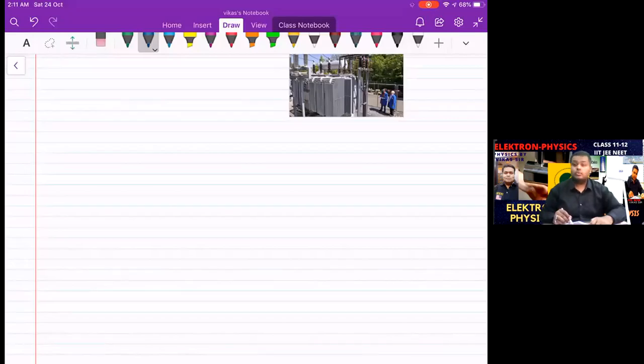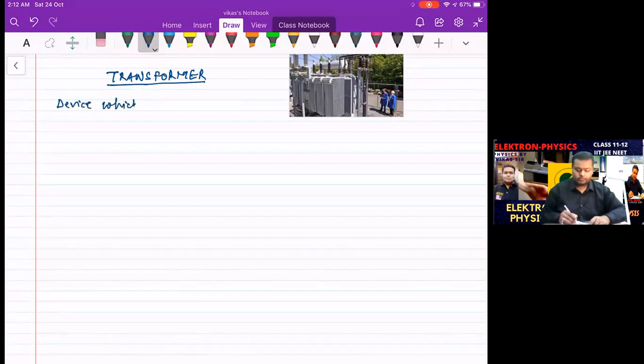Hello students, the topic for today is the transformer, right? We are beginning with the article of a transformer. Now, what is a transformer? It is supposed to be a device which is used for many purposes, right? So what is basically to define a transformer? A transformer is said to be a device